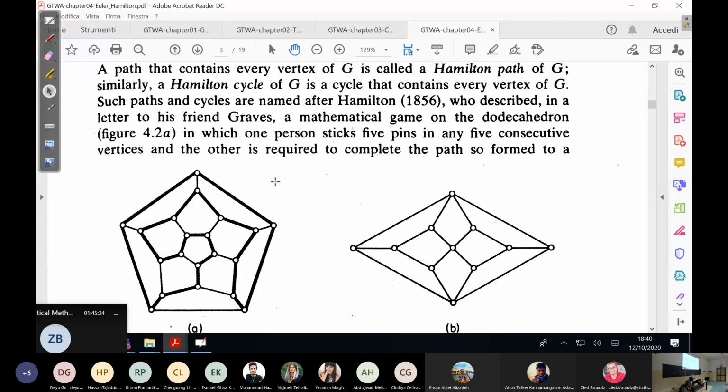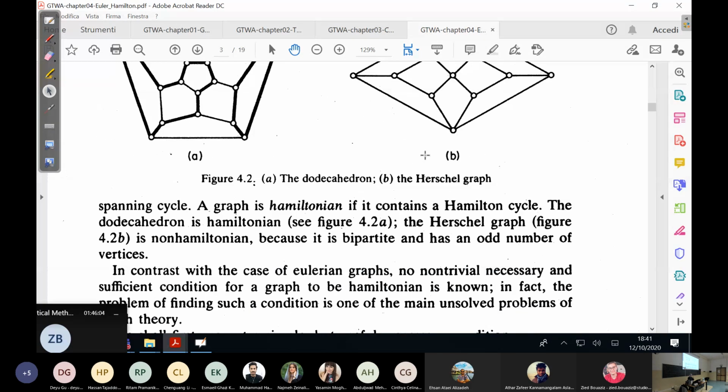The theory ended as it started, okay? When Euler took the problem in his hands, it was already at the end. You just had to invent the algorithm, but whether or not such a tour exists was already solved from the beginning. Hamilton starts in this year, and now we still do not know which graphs are Hamiltonian. Meaning what? Meaning that a Hamilton cycle exists in that graph. We do not have